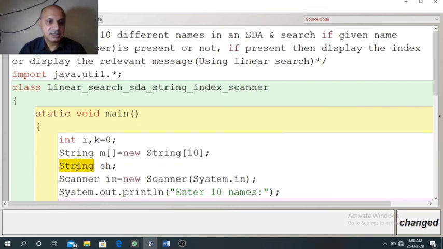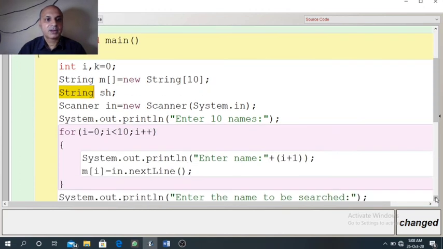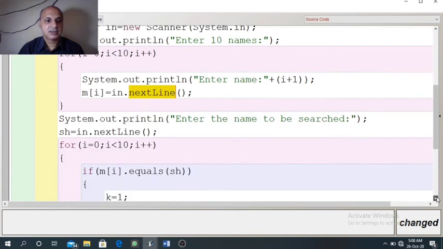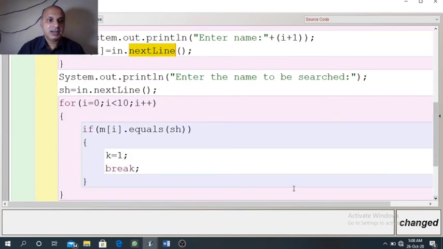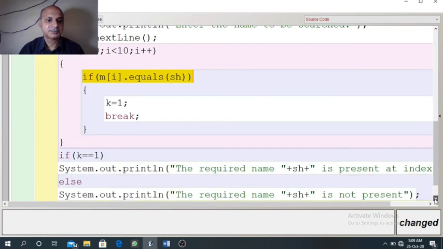Int sh is changed to string sh. Instead of numbers, we have written names here also, here also. Next int will change to next line, and this if statement will change. Double equal to will change to equals. Other things will remain as they are, no change.